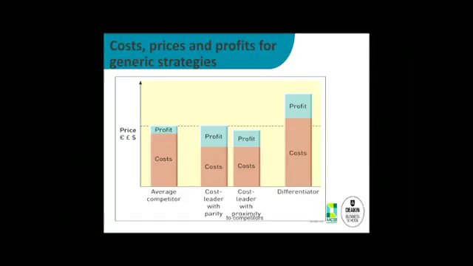So we spend more. That company, their input costs are greater because they're using bio fuel products instead of non-renewable resources. Their costs are higher. They've still got their profit margin, and they are able to sell differently. So those are the different types of categories. We've got the average competitor, the cost leader with or without competitors around, and the differentiator. And you can see they're fundamentally different approaches. So the differentiator's costs, if you compare those to the cost leader, are looking like almost twice. But people will pay that for the differentiated product if they've got it right. If they've got it wrong, no.